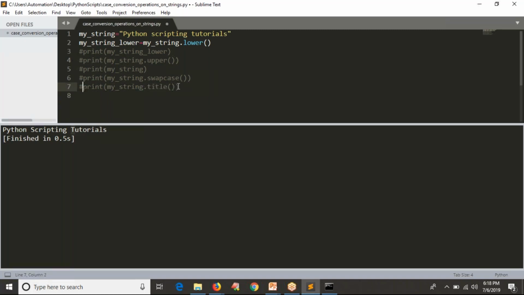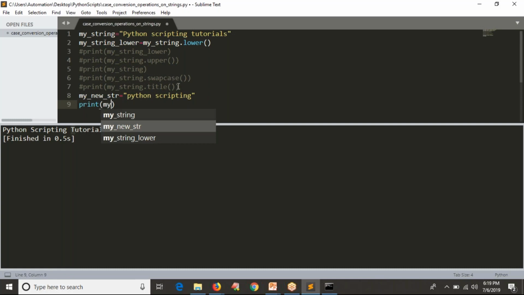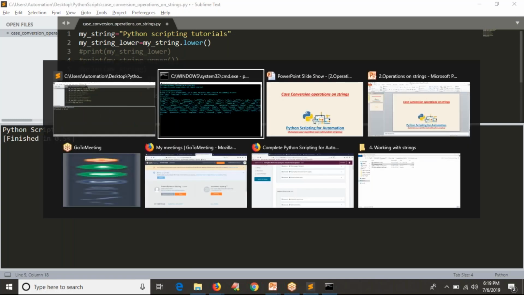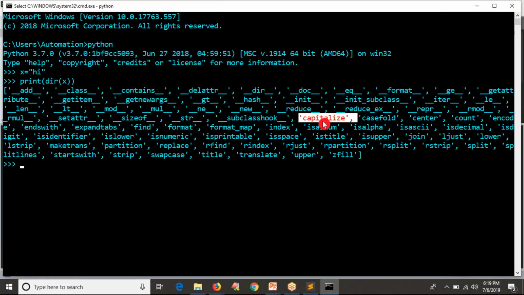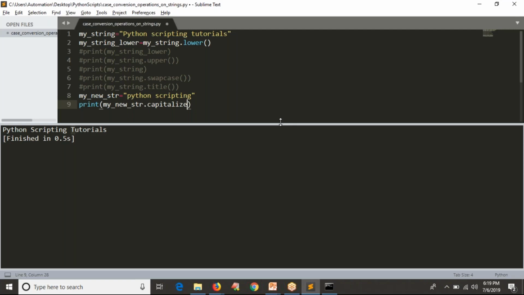Then capitalize. Let me take one more string called my new string. You can take anything. I am taking simply small letters Python scripting. So guys, I want to make my string in terms of capitalized format, right? See, capitalized format is nothing but, observe the output, you can understand.